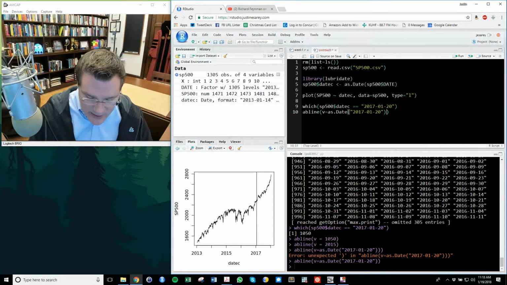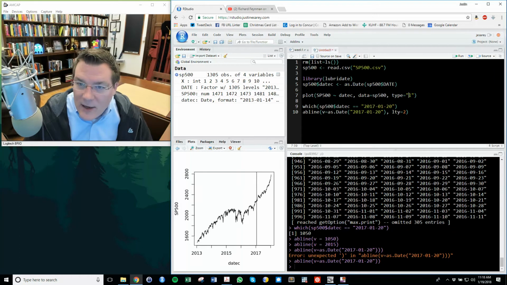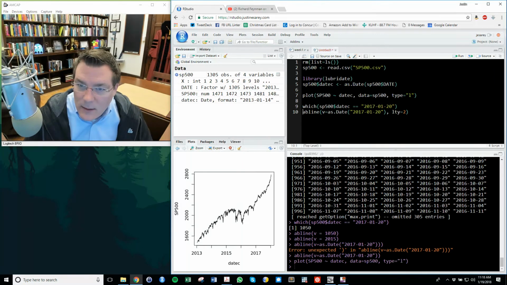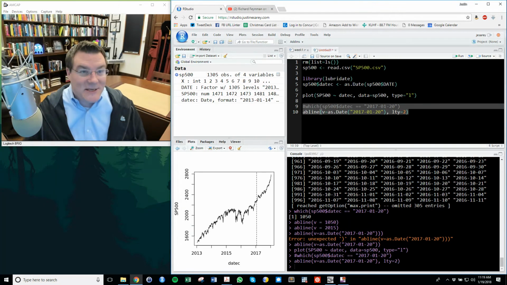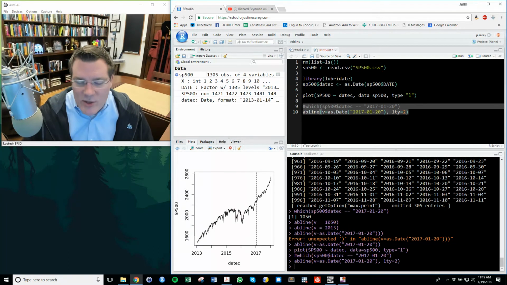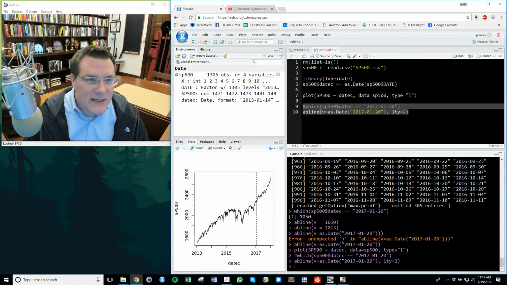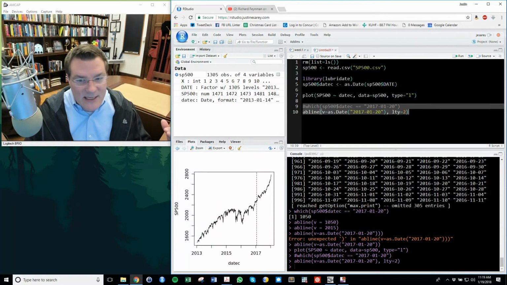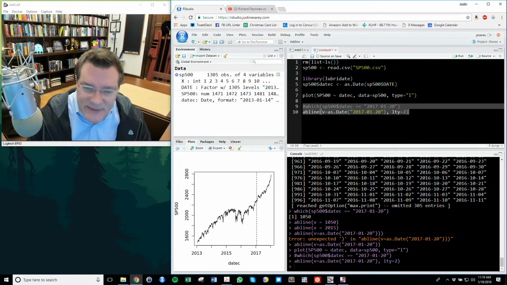And if I want to even get a little fancy, I can redo this plot. And I'll comment that out because I don't need it anymore. Now it's a dashed line. So the question would be, how's the economy doing since President Trump took office? Well, there are actually two ways to look at that. One way to look at that would be, obviously it's doing better, right? You can see the SP500 has gone up substantially since Donald Trump took office.